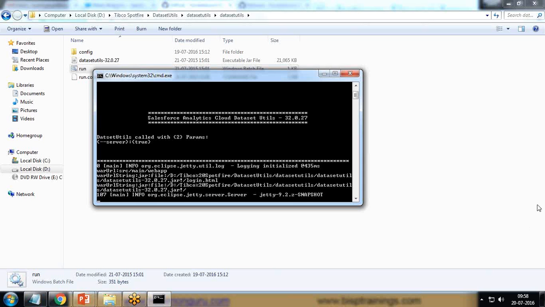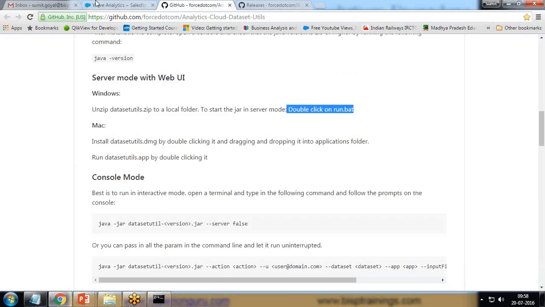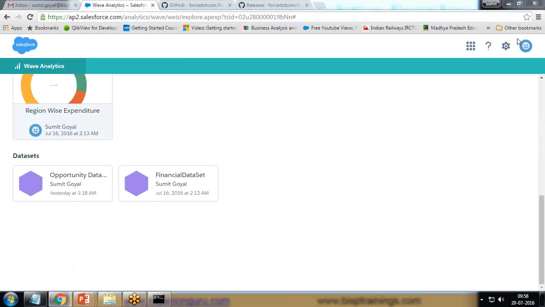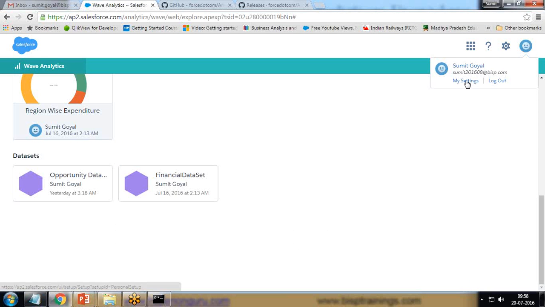Once it gets loaded, it will provide an interface, and by logging into that interface with the credentials, we would be able to manipulate the dataset. By the time it loads the interface, I would be requiring the username and password for the analytic cloud on which we are working. I have got the username and password, but along with this, I would be requiring the security token, because, as all of you know,